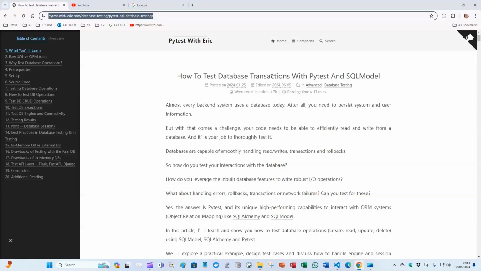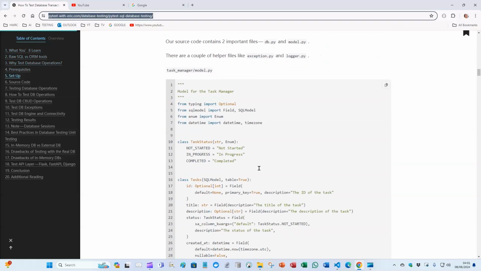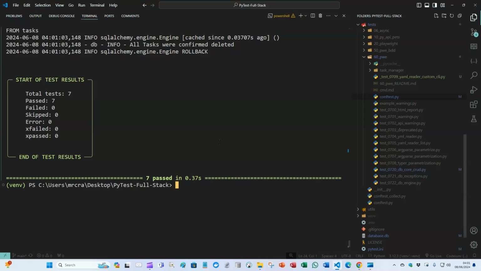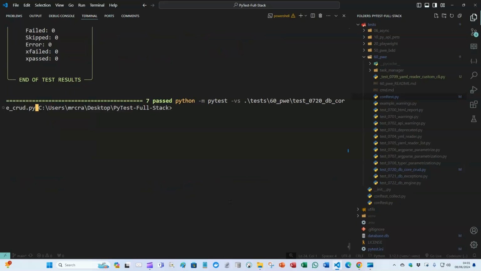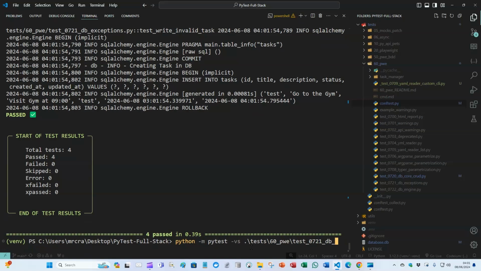We're now looking at testing database transactions with PyTest and SQLModel. Quite a lot of code and wiring, but I've wired it in. I've just run all the tests for 60 PWE. For this core CRUD here, we passed 7 tests. If I do it for 721, all passing, and if we do it for 722,